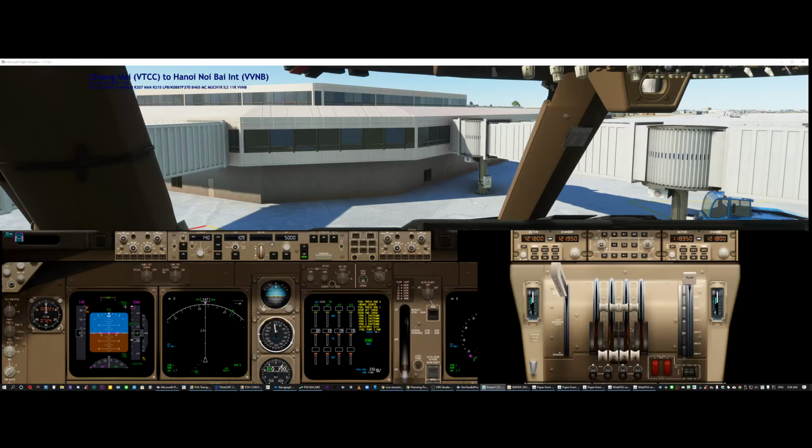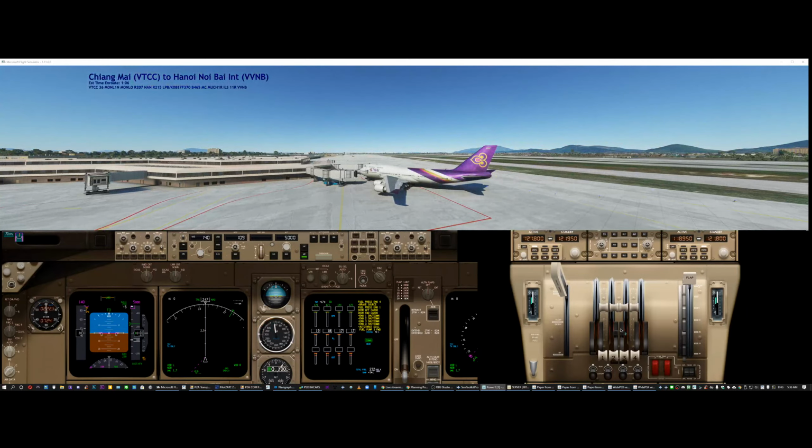So here we are in Hanoi. We're reasonably well parked at a gate. And I think that, apart from not getting a landing clearance or anything, I'm not sure what happened there, but